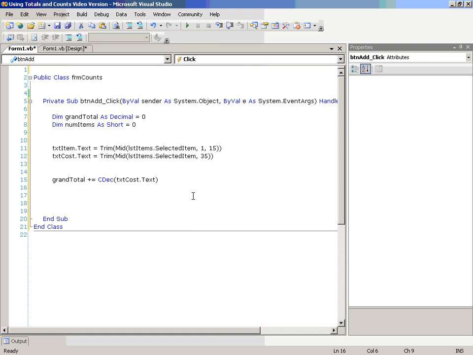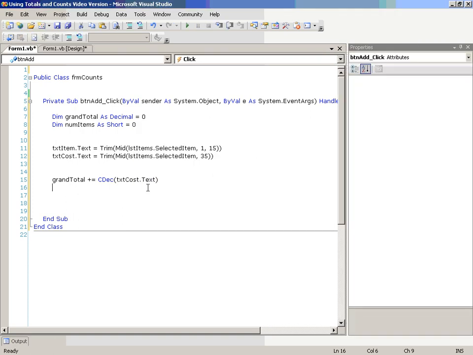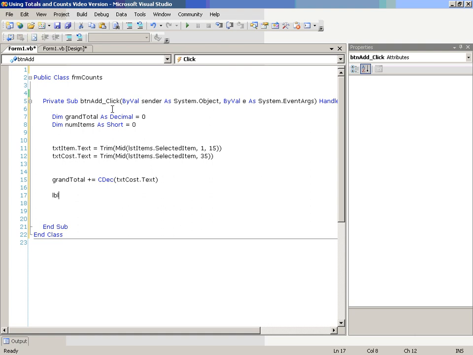We'll do one at a time and see if it works. If I click umbrella and say add to cart, it's doing that part. Okay, so we haven't hurt that. What I want to do then is show the grand total down in that label, and I want to see what I called that. This label here is called LBL total spent. Alright, so let's do this. LBL total spent